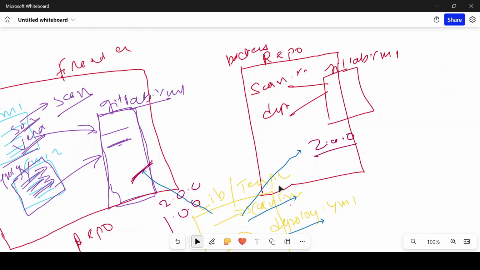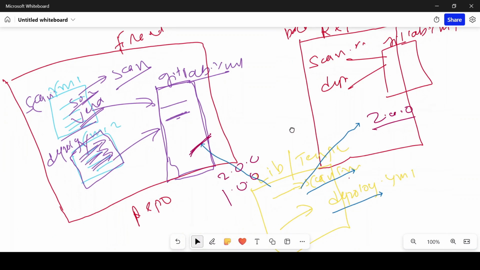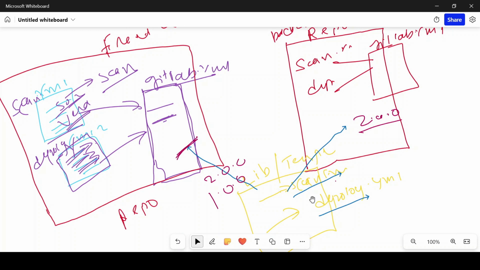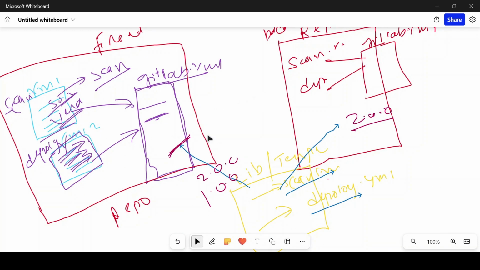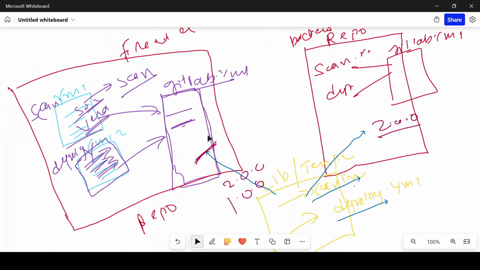In this case, this particular repo will use the latest version of the scan, Veracode or SonarQube related templates or YAML. This is how enterprises and big organizations manage and maintain their templates. They create single templates and then reuse them in multiple places. It reduces the time to create multiple pipelines, and it is very helpful. There is no need to do the same stuff again and again,